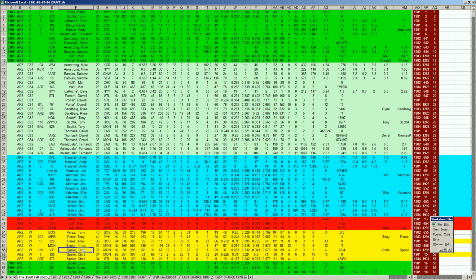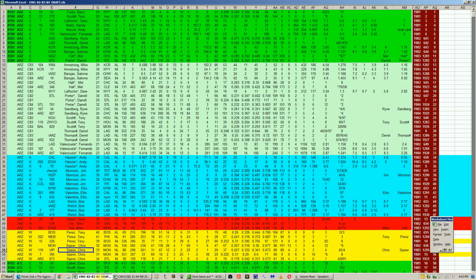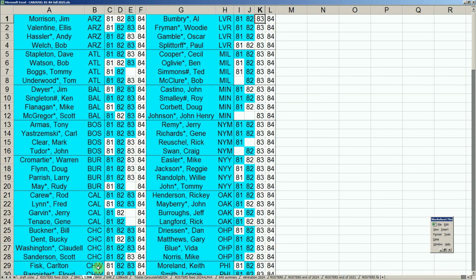Spire played for the Giants. He played for Montreal. He played for St. Louis. So at the end of his career, he bounced around a little bit. He can do the same thing here. The other thing we do is once we have our 2,560 assembled, we can start doing some pre-draft analysis. And that's what we're doing with